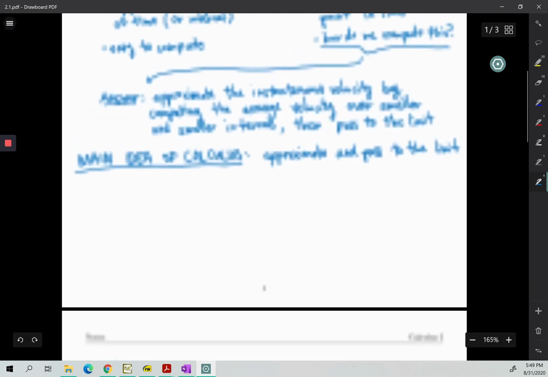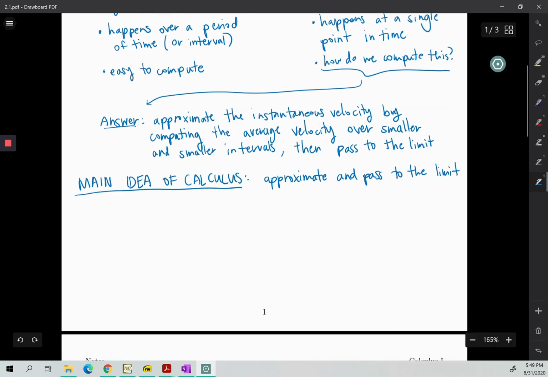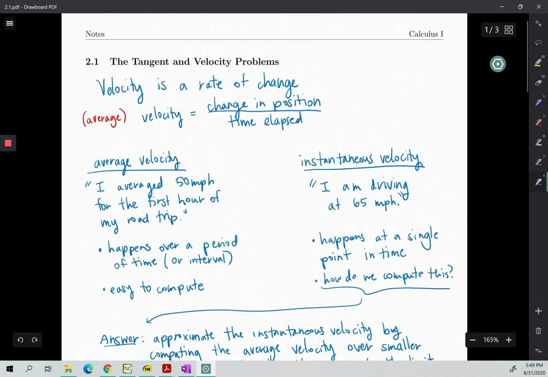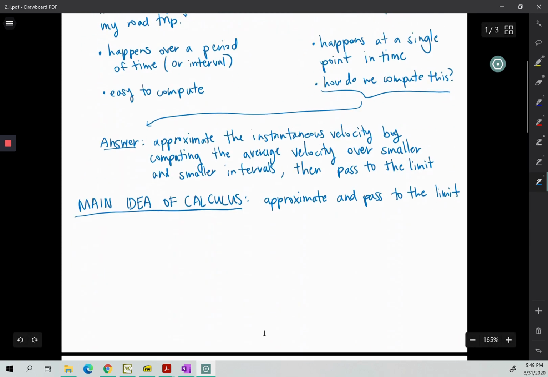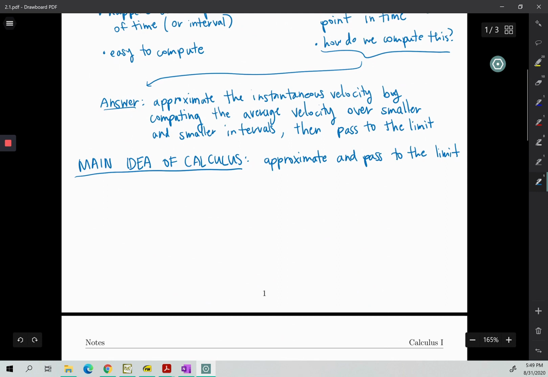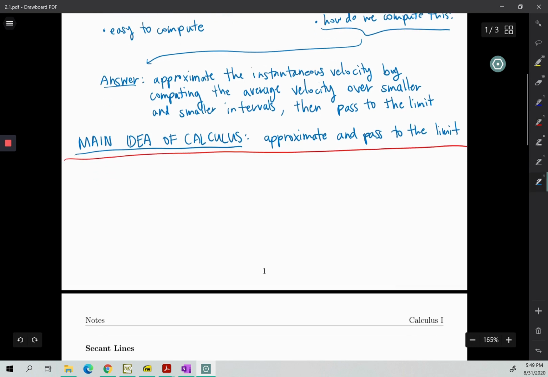Okay, so some general definitions. We've been talking about this in terms of velocity and position. I'm going to break this off. I did not leave myself that much room to do this, so I'll try to squeeze this in there. So suppose we have a function